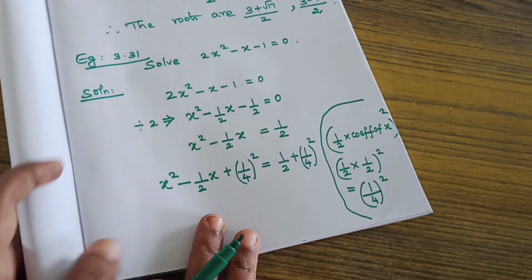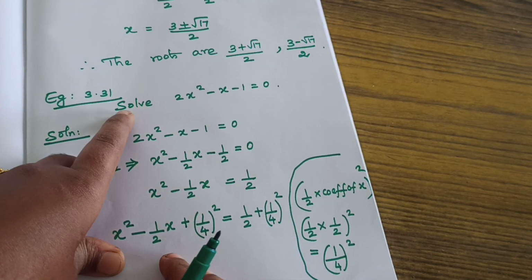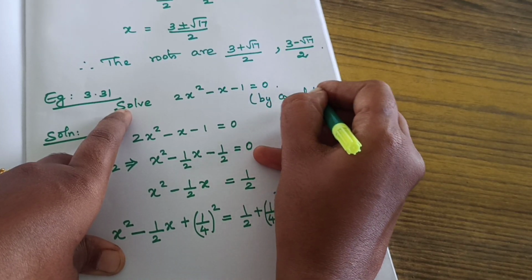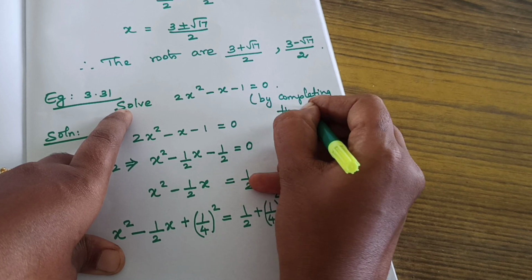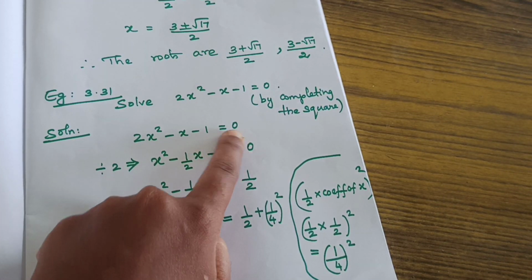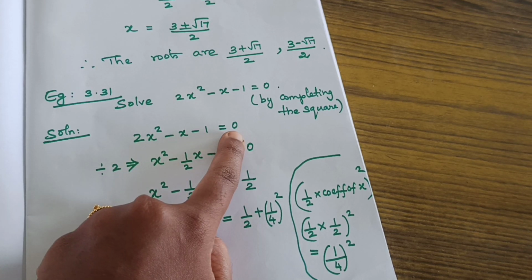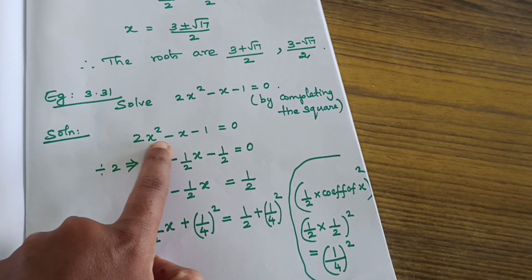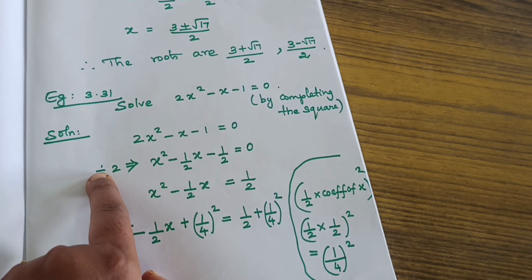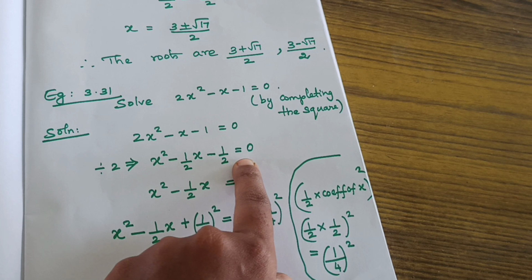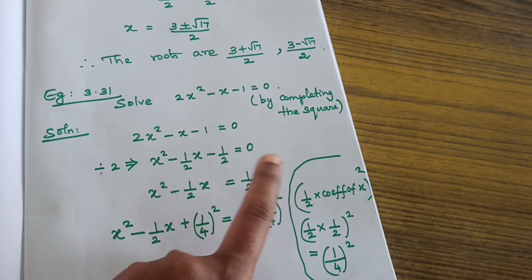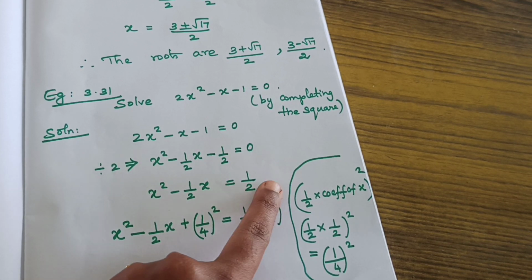Okay, up to this, once again I am repeating the steps. This is a very important method, completing the square. Completing the square method. Okay, the first step, you need to check the standard form. Here it is already in standard form, so no problem. Second step, you need to check the coefficient of x square. If it is 1, no problem. And if it is other than 1, you want to divide by that number throughout. Okay. Then third step, change the side of the constant term, left hand side to right hand side.